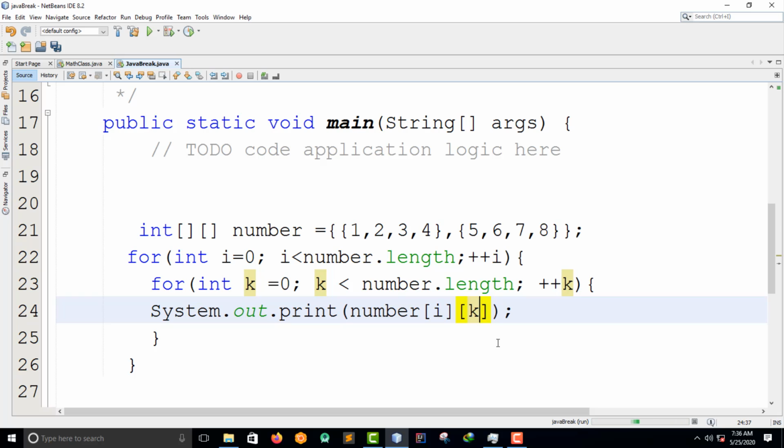So in fact, what I'm doing here is that once the first loop checks that i is equal to 0 and i is less than the length, it is going to print. Whatever is going to print, if the condition is true, it's not going to get out of the loop, but it's going to go to the second loop, and then once it's done, it goes back. So it's okay, guys.